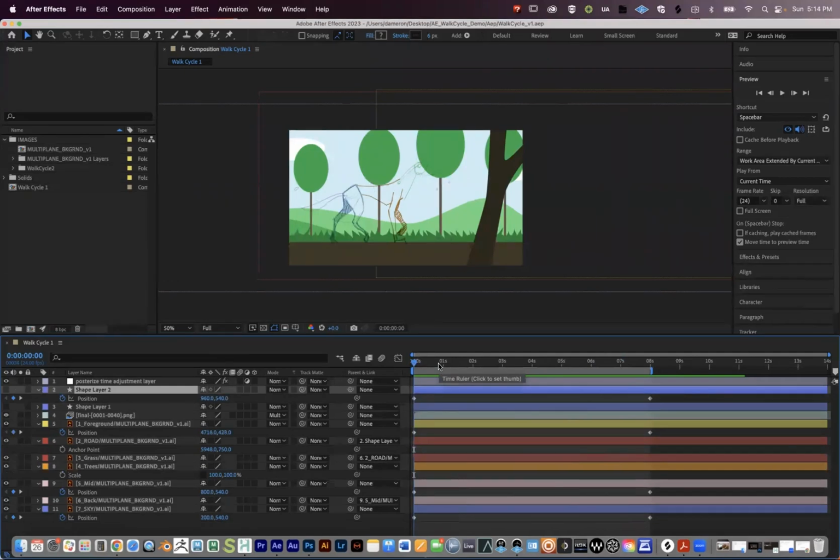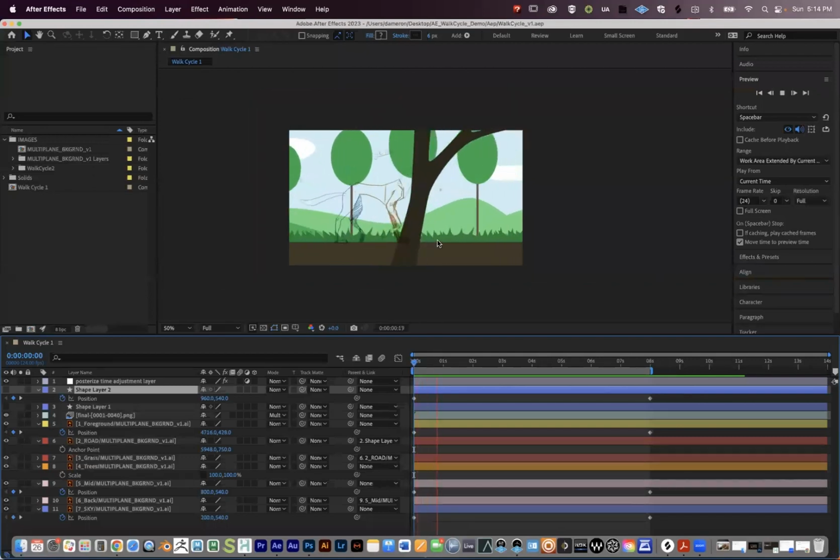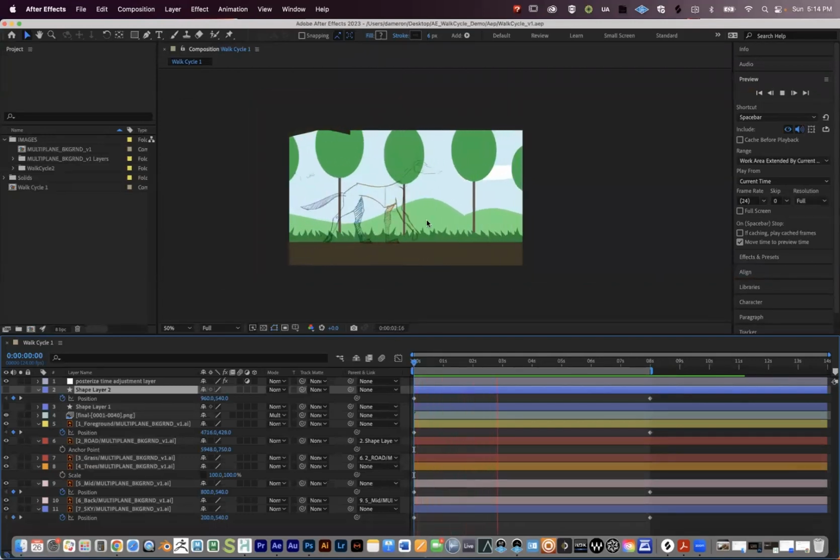Okay, in this video tutorial, we're going to talk about creating a multi-plane animation in After Effects. In order to follow along with this tutorial, you'll need to have already created your walk cycle here and created your multi-layered background. Let's see here. And what we're going to go over is, you can see my animation isn't